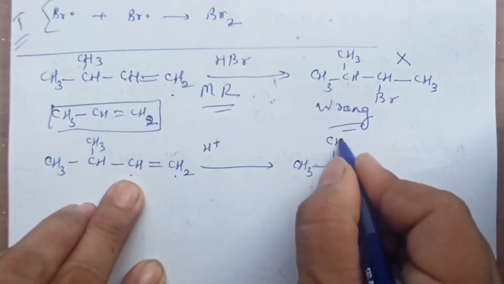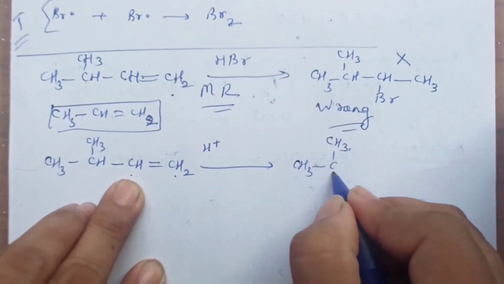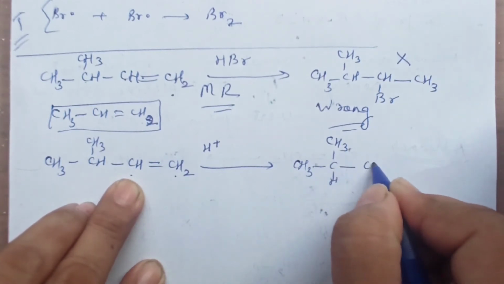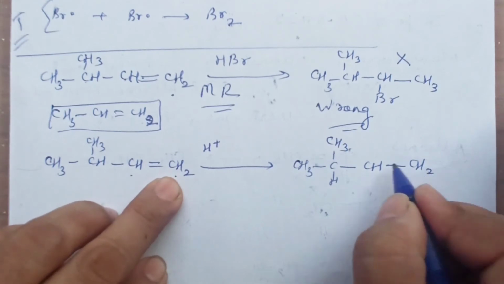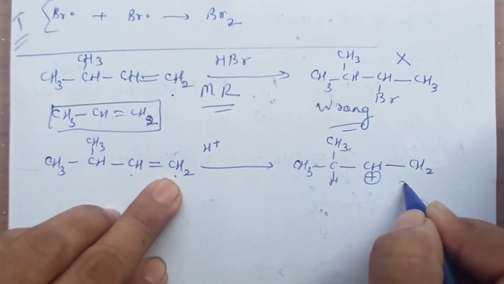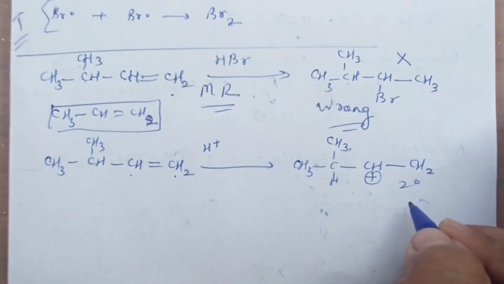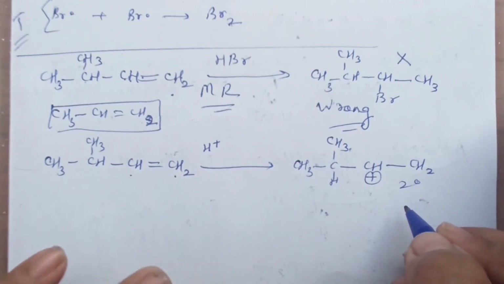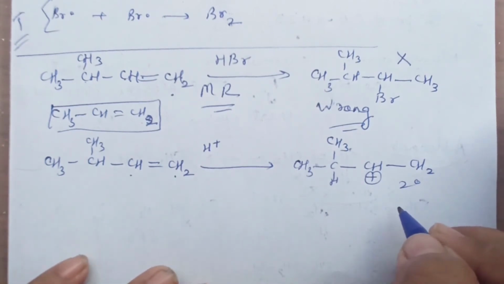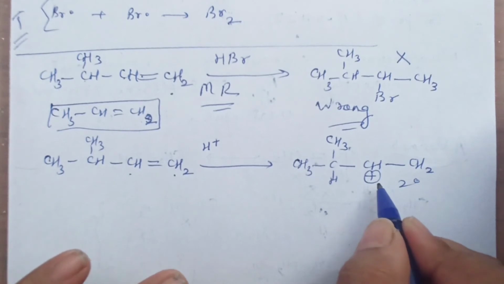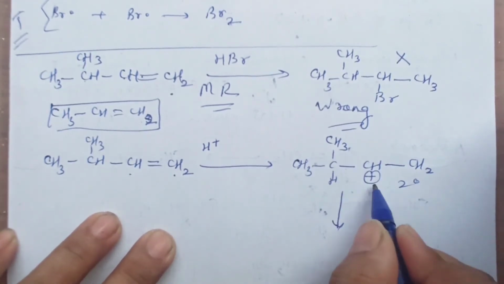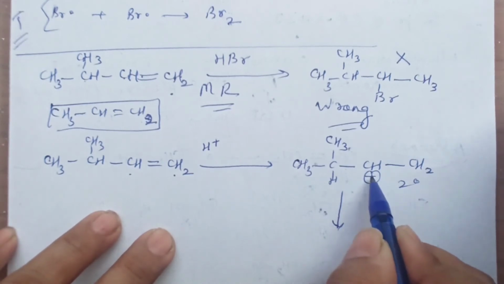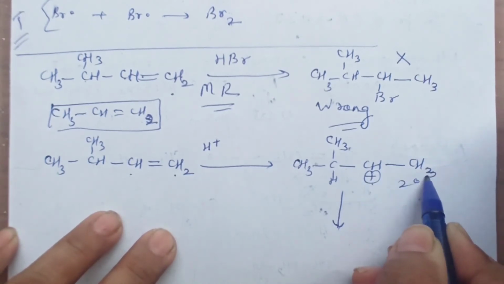This is CH3, and of course one hydrogen here. You have H2. H will add here only. You are getting a 2 degree carbocation, and a 2 degree carbocation is more stable. Now, we were planning this way and thinking bromine would be attacking here. But now, this is the carbon containing the positive charge. Not on this side. This is CH3 now, right?